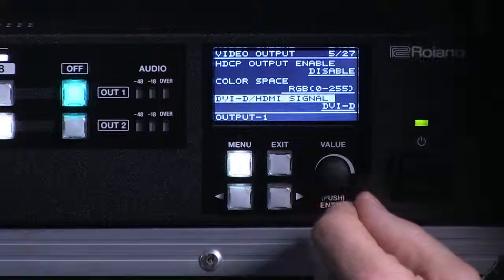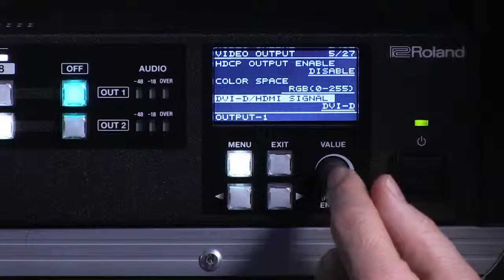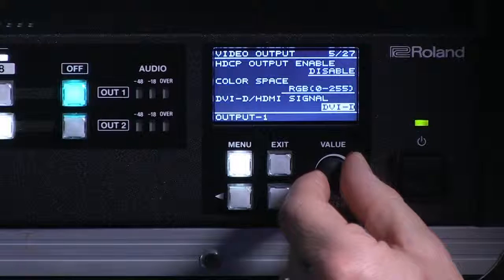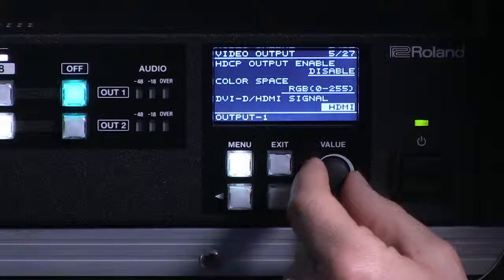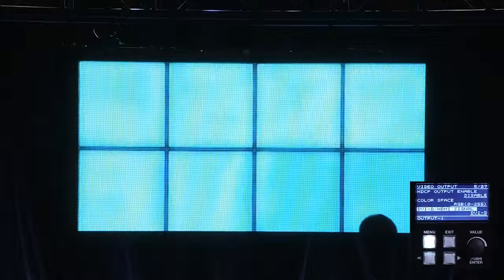Lastly, let's take a look at the DVI-D or HDMI signal flow. Currently, right now, this LED driver accepts a DVI-D. It can also accept an HDMI signal as well. Now we're all set up to work with our video wall. All right, now that we've set up our video resolution, our HDCP enable, our color space, and our signal flow,